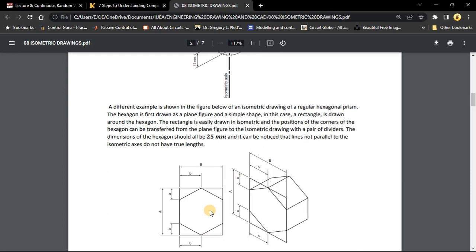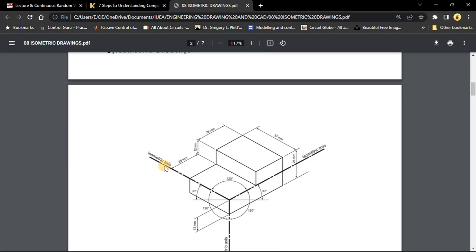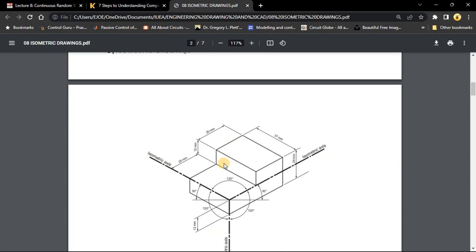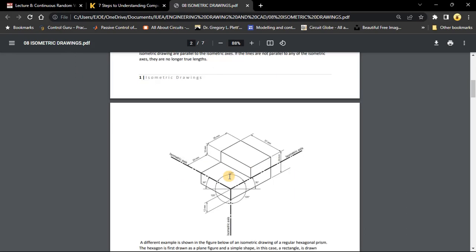Generally we assume all objects are enclosed in either a cube or a cuboid, and what we are actually doing is taking the distances that are parallel to the isometric axis. These being the axes. So if we are to draw isometric drawings, we are mostly taking distances that are parallel to either this axis, or this axis. All the other distances that are not parallel to these axes, we cannot take as true